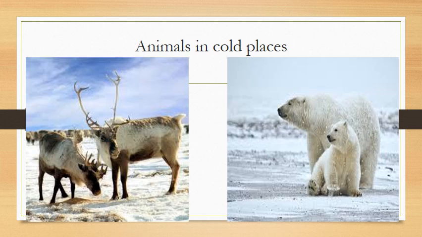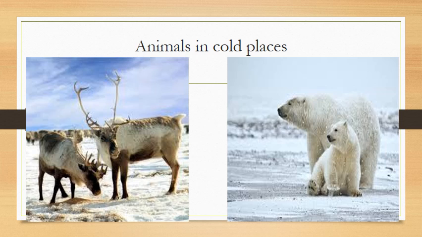First, how have they adapted their features to survive in such cold temperatures? In these cold places the temperature is sometimes minus degrees. So how do they survive in these cold places? The first feature for their survival is that they have very thick fur on their body, which helps them to heat up their body. So animals which live in cold places have thick fur which helps them keep warm.